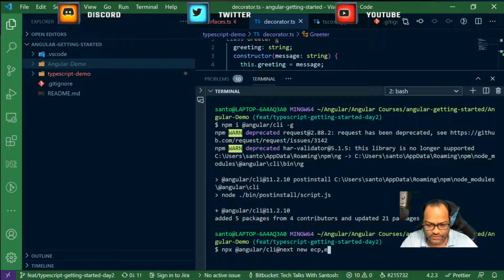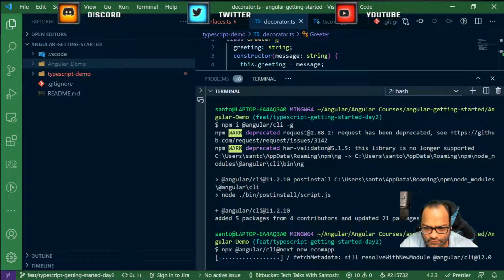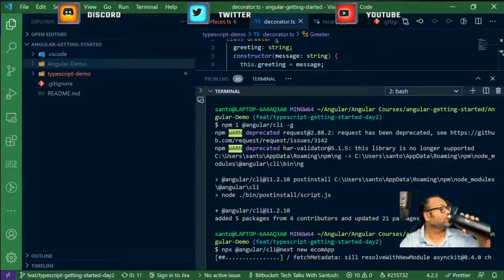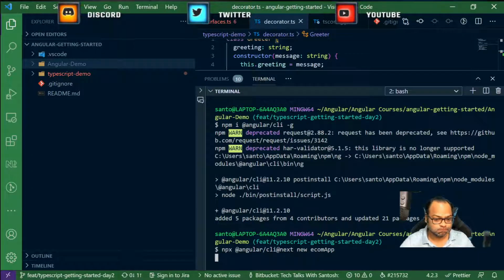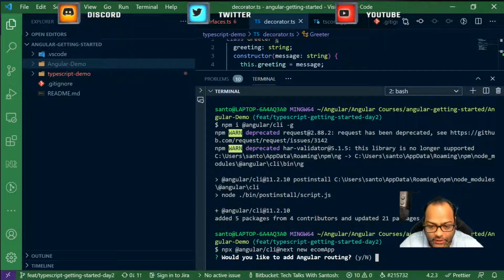I'm going to give it as an e-commerce application, so I'll say ecom-app. Let's hope it works. Worked.